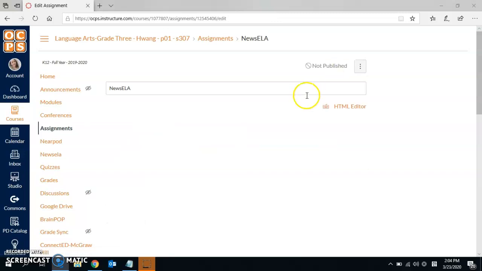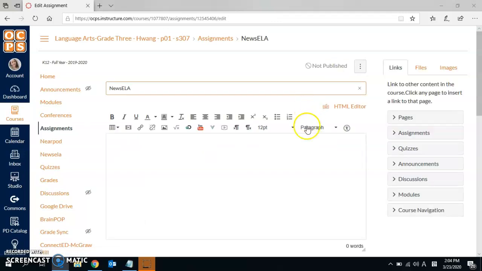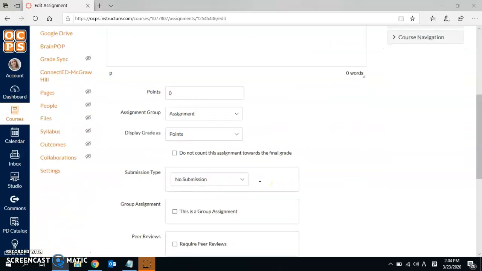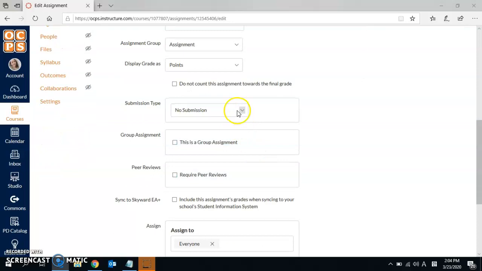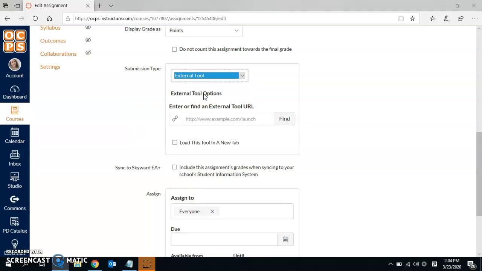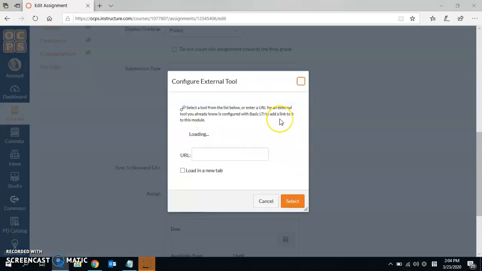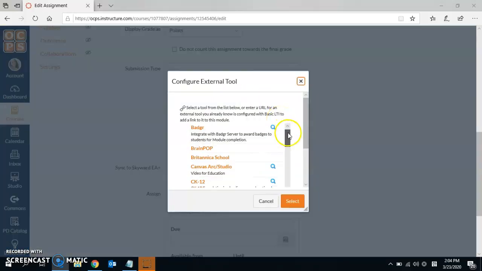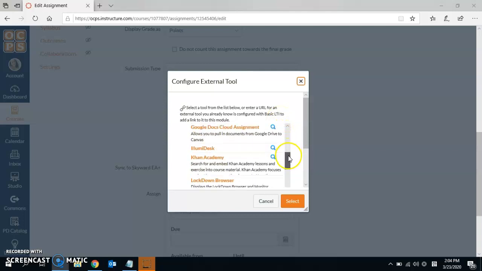Once I click on edit, this whole thing pops up. If you want to give out directions, go ahead. The important part is that when you go to submission type, you are going to click on external tool. Once you click on external tool, it's going to ask you to find a link. So I'm going to click on find, and notice how all of these options pop up. I'm going to find the one that says